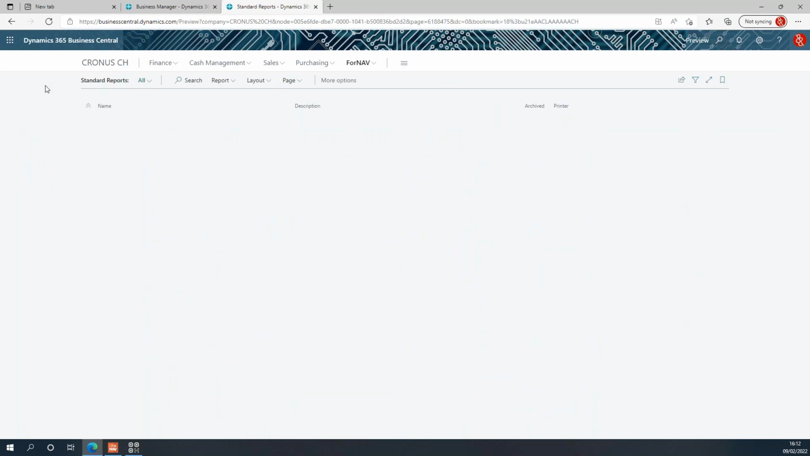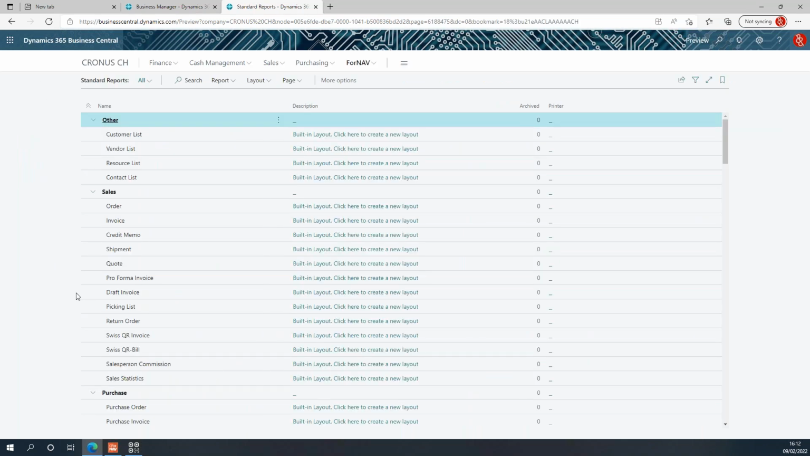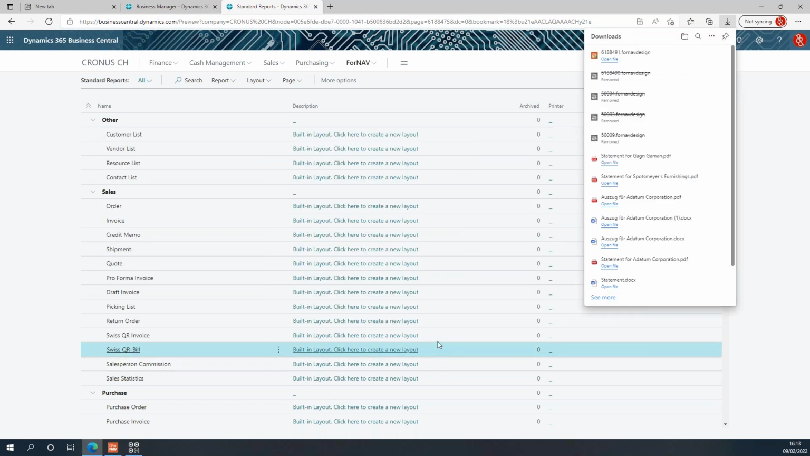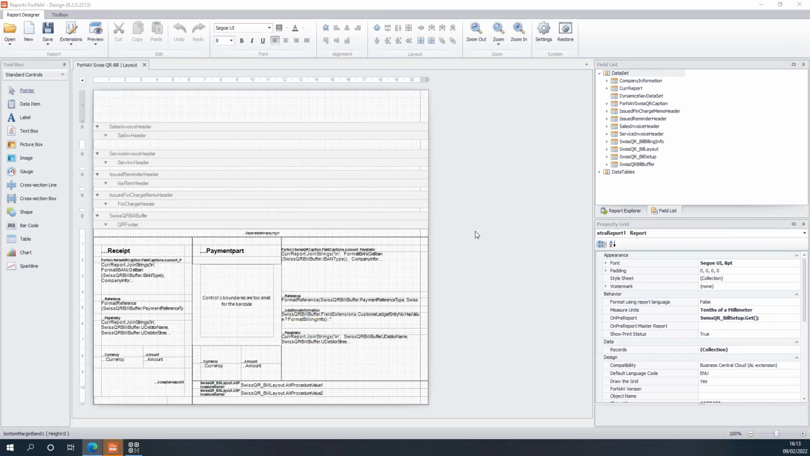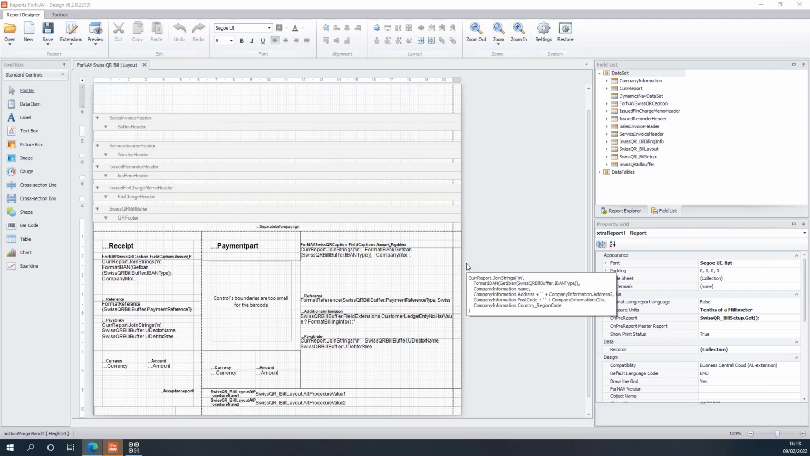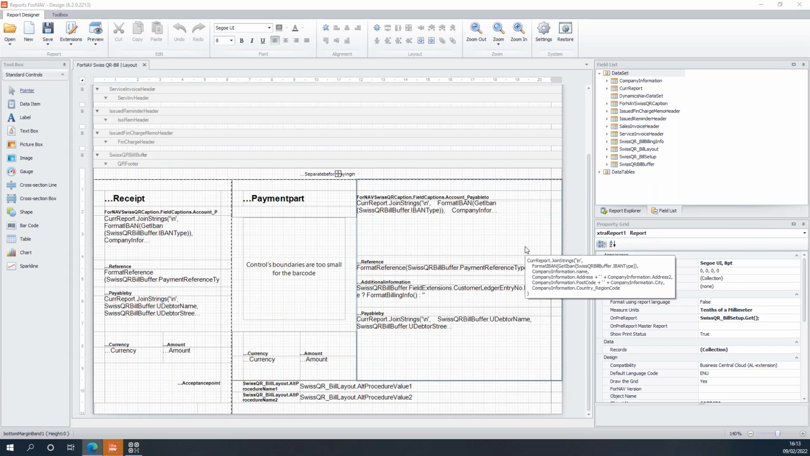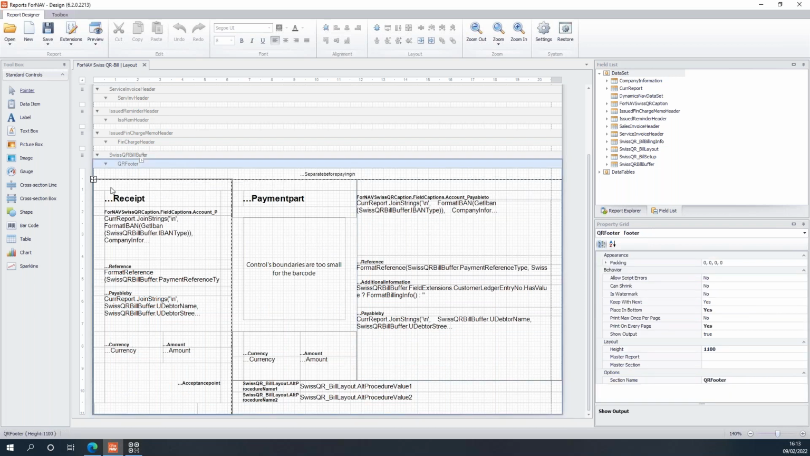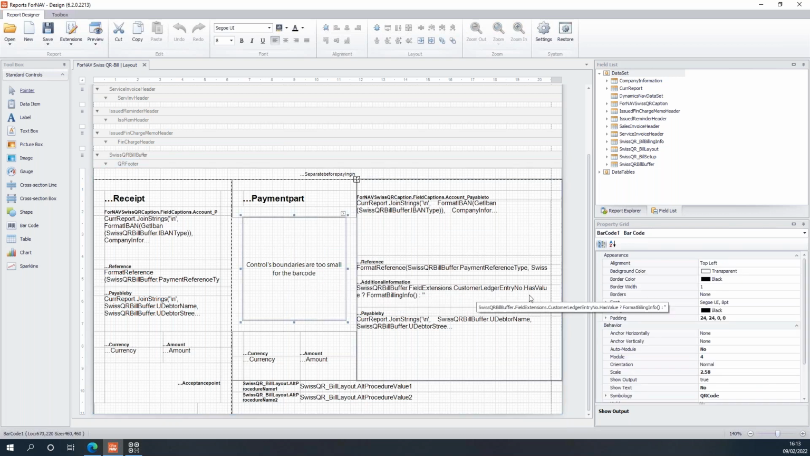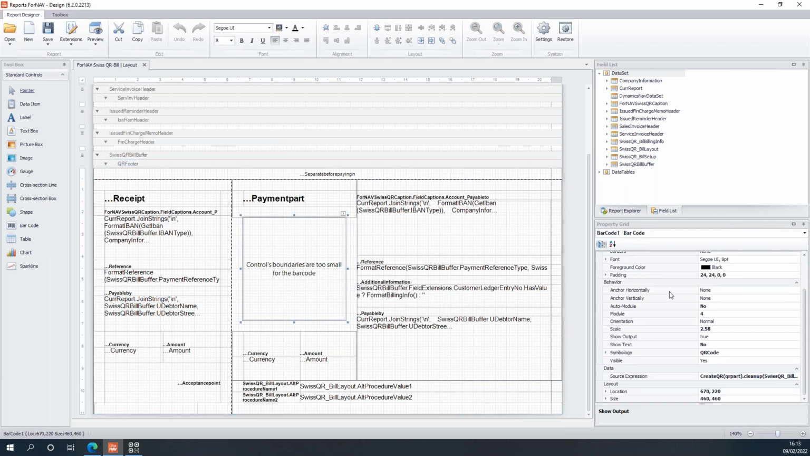So just because I know you're all curious, let's go and have a look at this Swiss QR bill. Because like I said, to make this work we had to make some changes in the QR barcode. So in here in the QR footer you will notice we have the receipt, we have the payment part, we have all sorts of fields that are filled with the specific data, and in the middle we have the QR code. And if I look at the properties of this QR code,